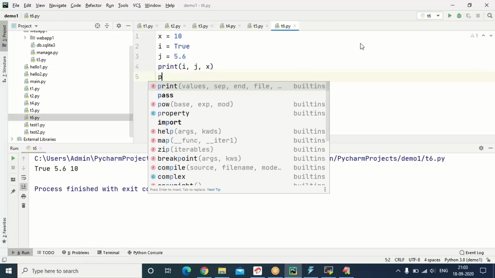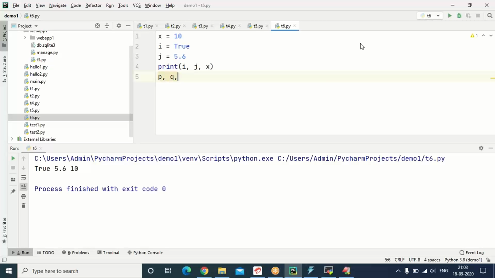Let us see p comma q comma r is equal to p value comma q value comma r value. This is the syntax used in Python to declare multiple variables in the same statement.